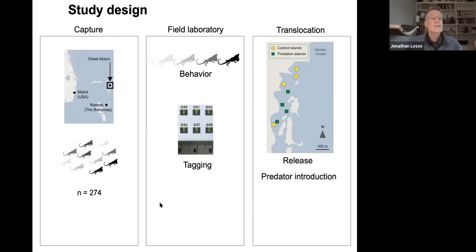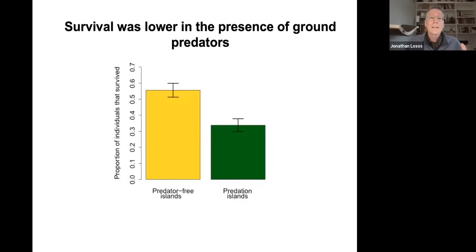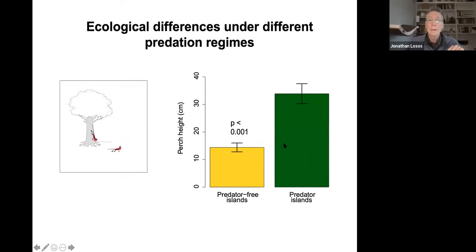So he caught 274 lizards, measured the behavior on each one, and then randomly assigned them to one of 8 islands that we created populations on. 4 of those islands subsequently got predators, the other 4 didn't. And so the question is, is there any selection going on these behaviors? Well, I should say the islands, the same sort of things we found elsewhere, that in the presence of predators, there was lower survival. And in the presence of predators, the lizards shifted higher in the trees, just as we